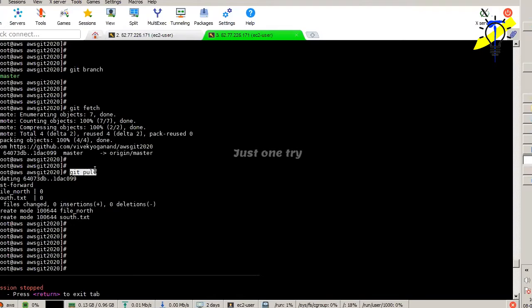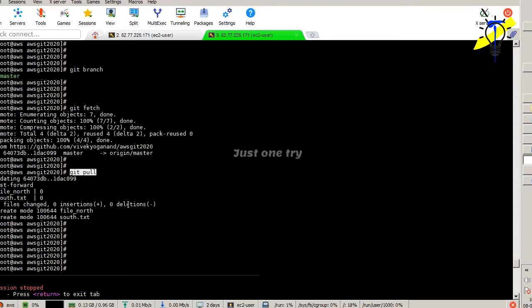If you want to update your remote tracking branches, you use the command git fetch, and git pull is the command you need to bring the local branch up to date. So that is the difference between git fetch and git pull.